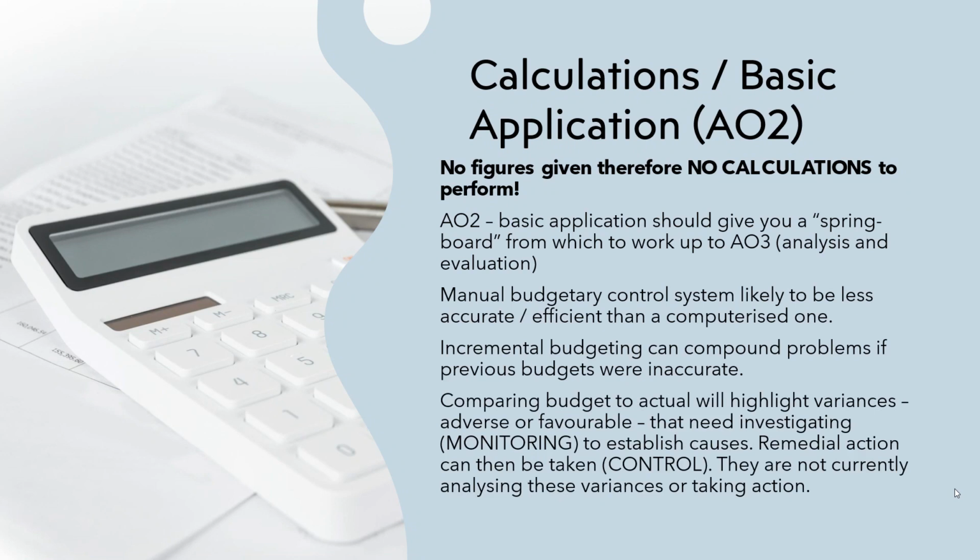So that's about monitoring. The budget itself is the planning part. Then we monitor, we compare the budget with the actual, and then we start investigating any adverse or favourable variances to establish causes. So with adverse variances, we want to find out what went wrong and try and deal with that, make sure it doesn't happen again. And favourable variances, what went right? So can we build on that for the future? Because favourable variances will increase our profit.